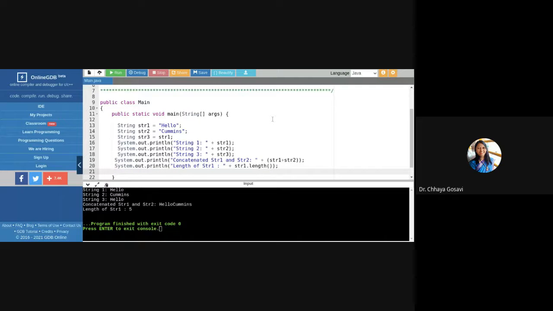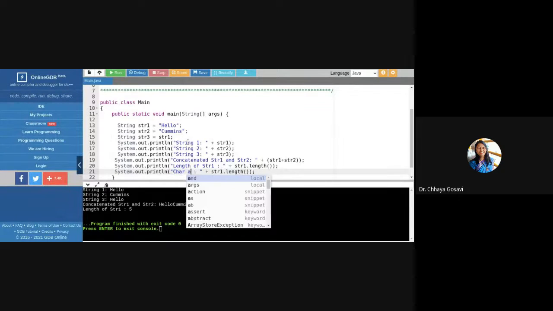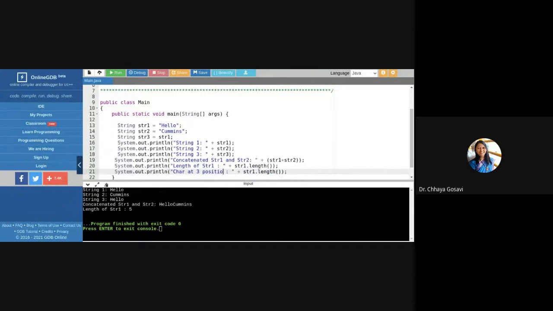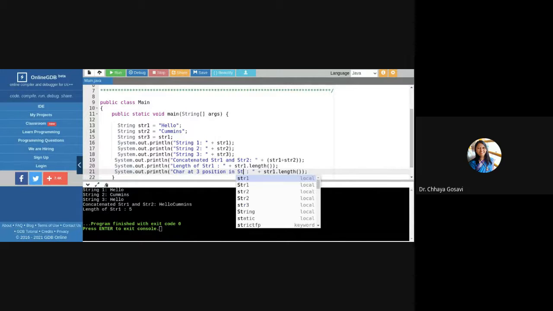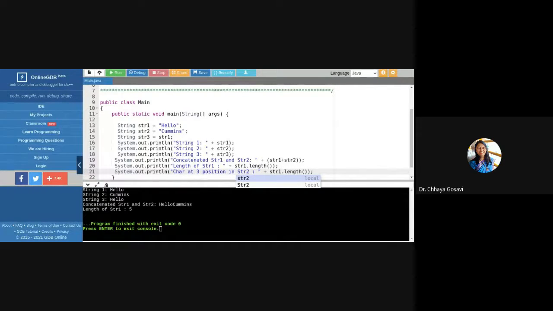The function name is charAt. You can perform these operations either on str1 or str2. We have created these objects; you can use any object of your choice.